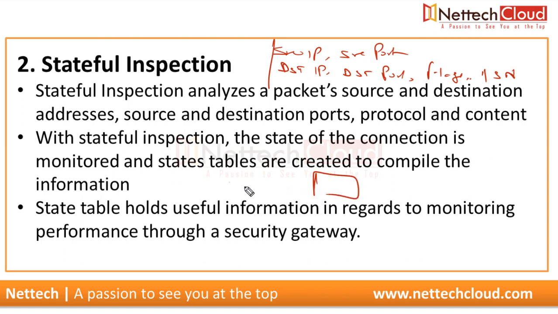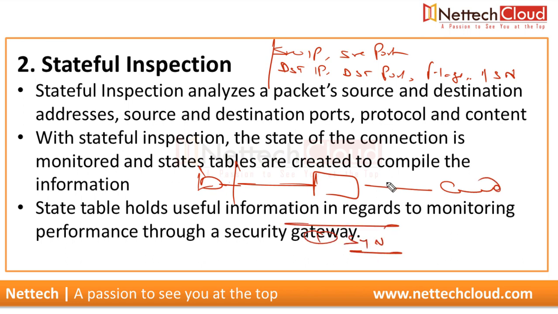So if the very first packet, like here from the LAN side, is allowed, let's say for TCP based communication, it means the first one is with the SYN flag. So the reply packet will have the SYN ACK flag. For that, we don't need to create a security policy. Even the security policy will not be checked. If it finds a matching entry in the connection state table, and it's a very intelligent device, so it understands that if there is a SYN ACK packet, then there should be a connection entry in the connection state table with the SYN flag. And if there is already an entry with the SYN flag, then this SYN ACK reply packet, the second packet, is by default allowed. Really, we don't need to create any security policy.